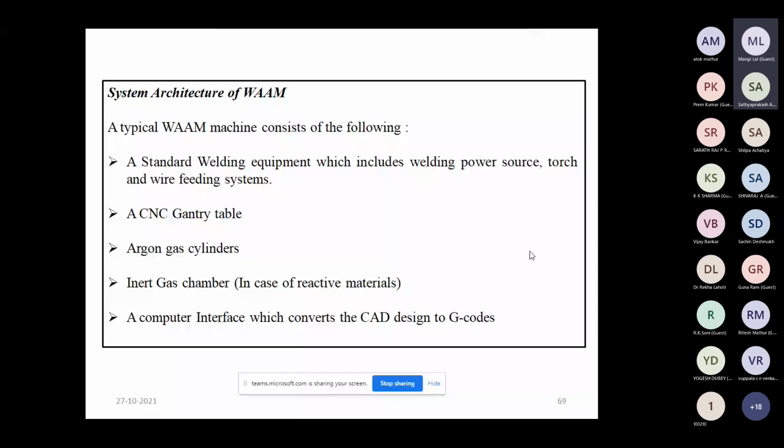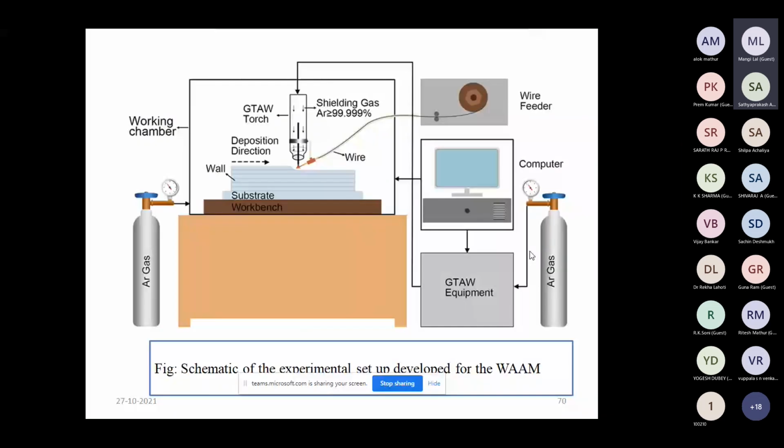So this is basically the experimental setup for wire arc additive manufacturing, where the arc is provided by a gas tungsten arc welding torch, with shielding gas. As shielding gas, we use argon gas, and wire is provided from the wire feeder. This whole process is connected with a PC, which gives the command in G codes, because obviously the computerized numerical control machine reads the G code.